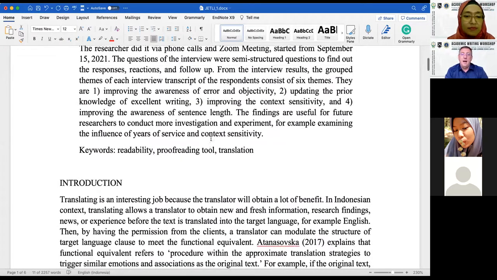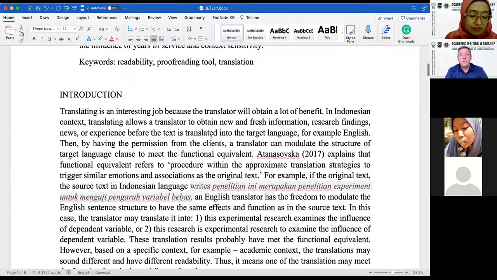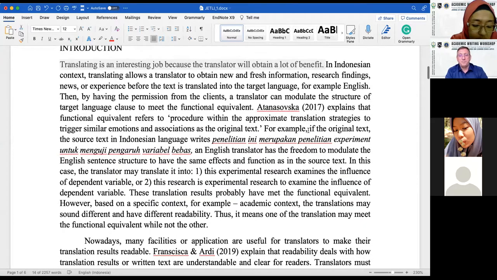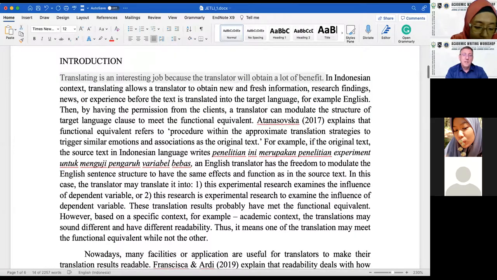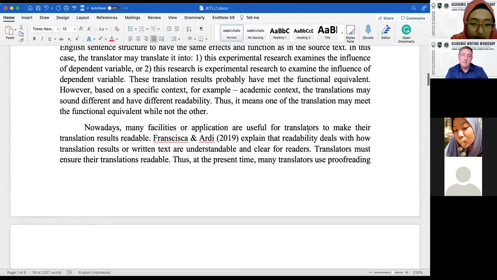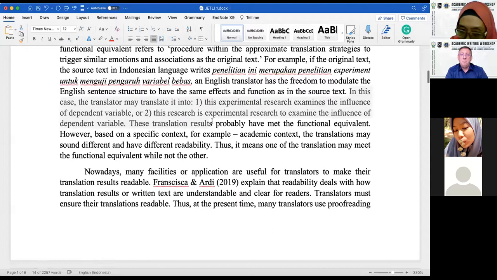I was pretty much confused with the abstract, and I'm still confused. The first sentence, translating is an interesting job, see right there, this first sentence, that lost me. It sounds like a high school essay. Now, let's go through the introduction. I'm looking to see here. They mentioned